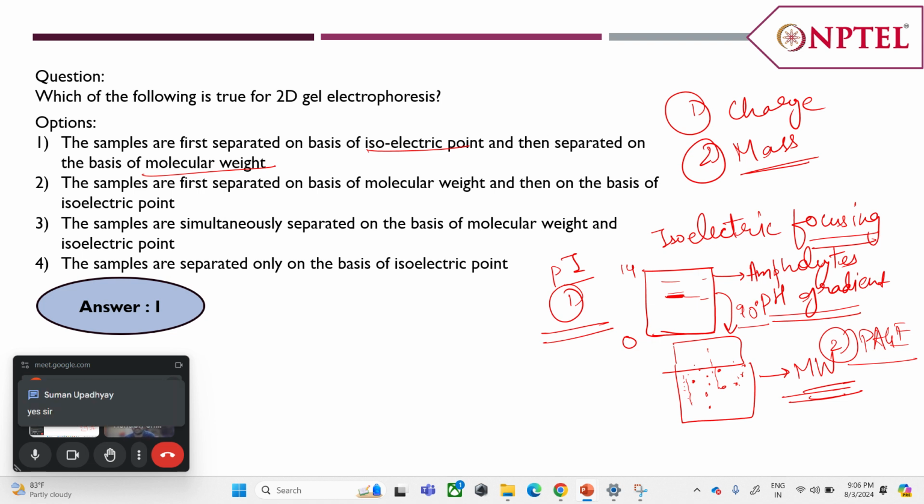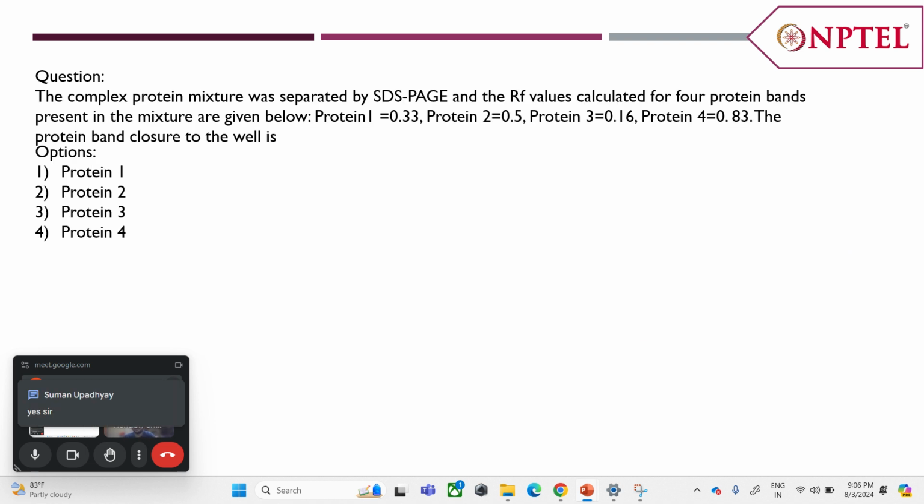Okay, let's move on to the next question. The complex protein mixture was separated by SDS-PAGE, and the RF values calculated for four protein bands present in the mixture are given below. For protein 1 it's 0.33, protein 2 it's 0.5, for 3 it's 0.16, and for 4 it's 0.83. So the protein band that is closer to the well would be,